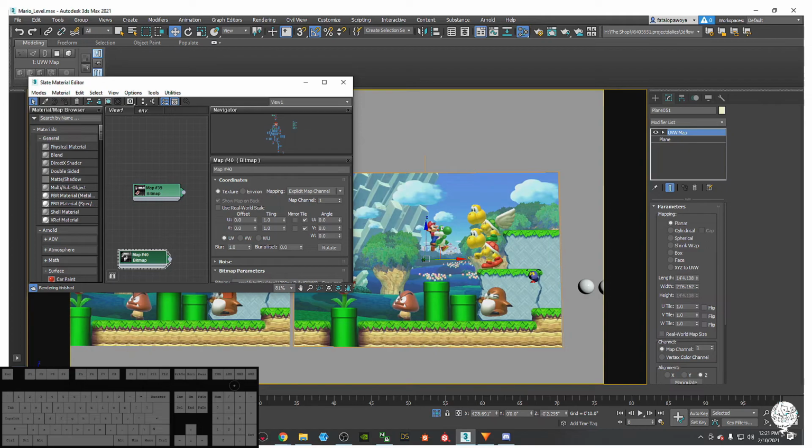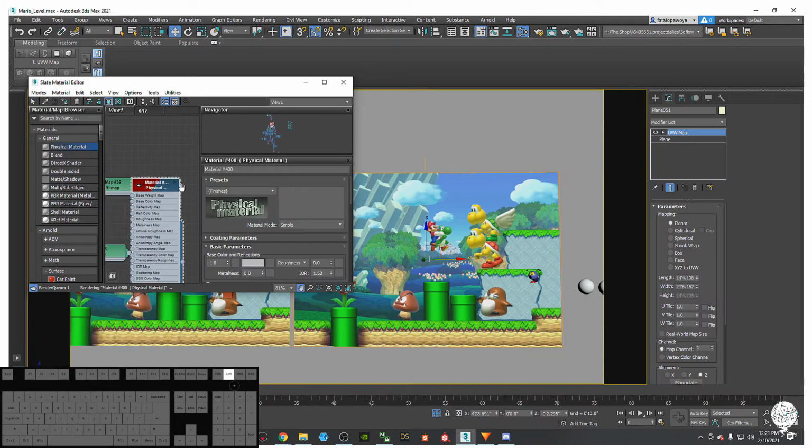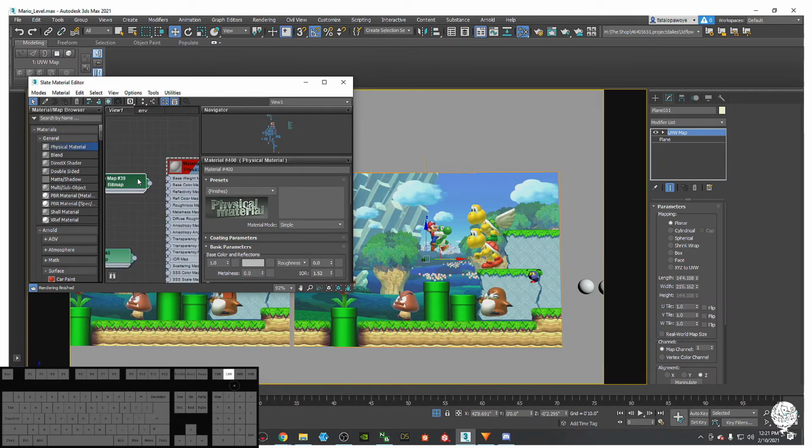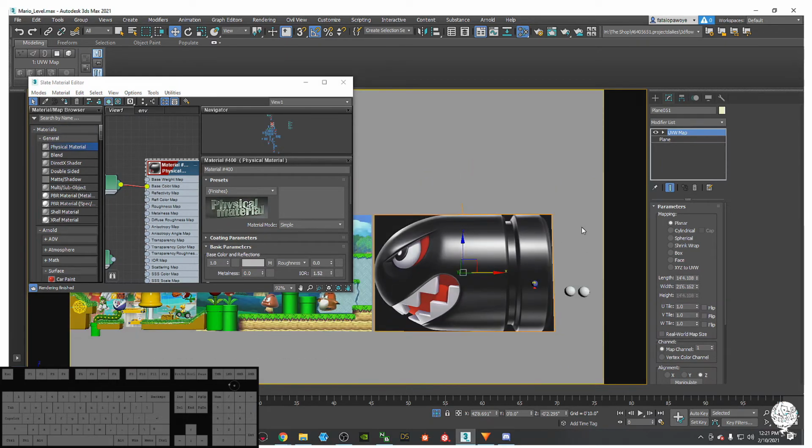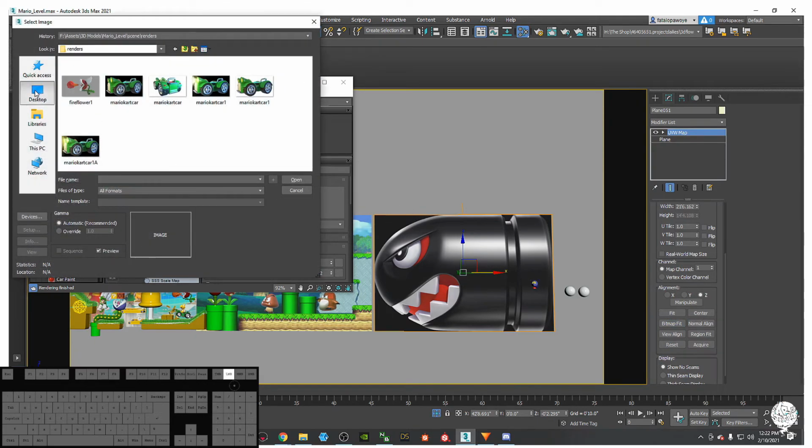As you guys know, to put an image on a plane, all you need to do is drag from this bitmap here, drag it to the base color, and assign it to whatever it is you're working on. And then in your plane settings, you can throw a UVW map on it, and then you can click bitmap fit, and then you can locate